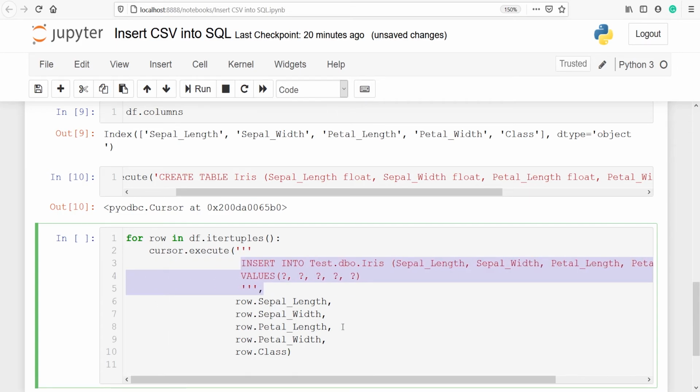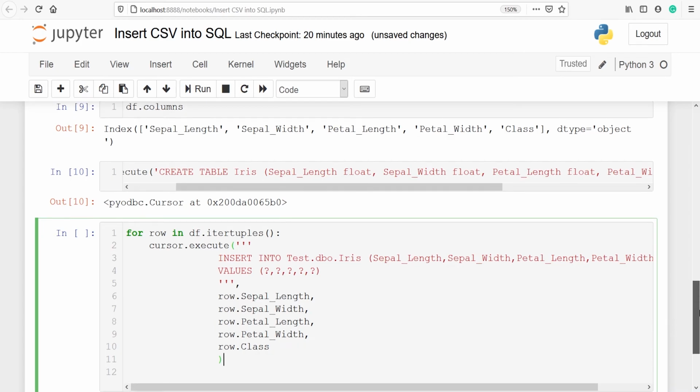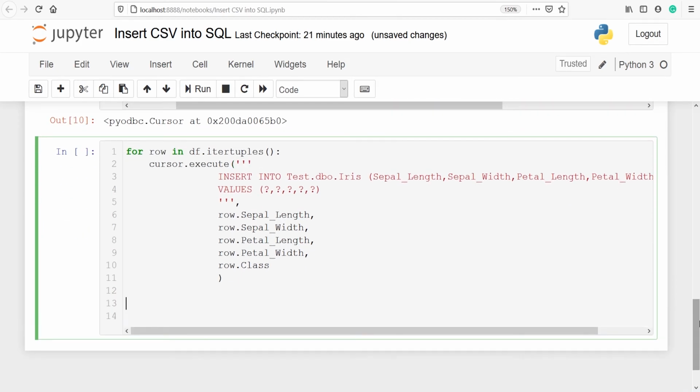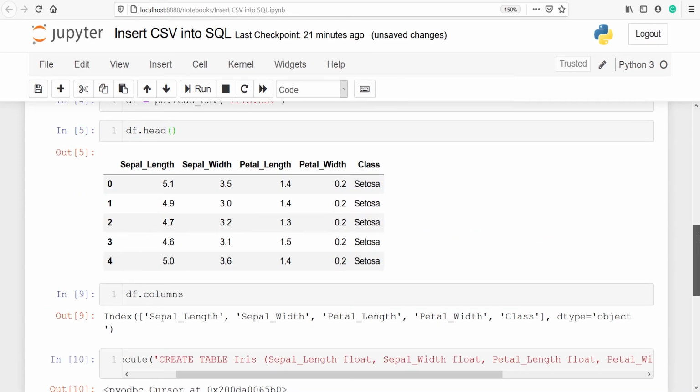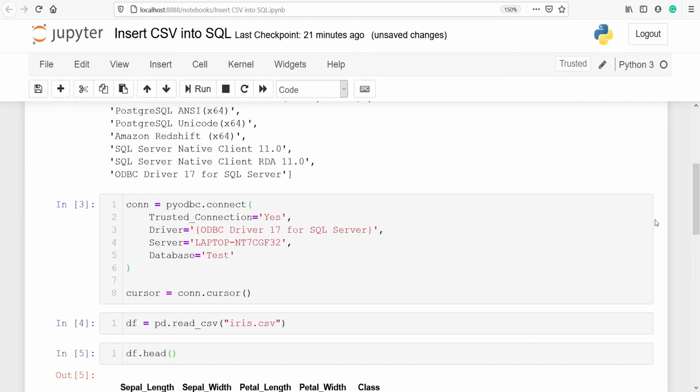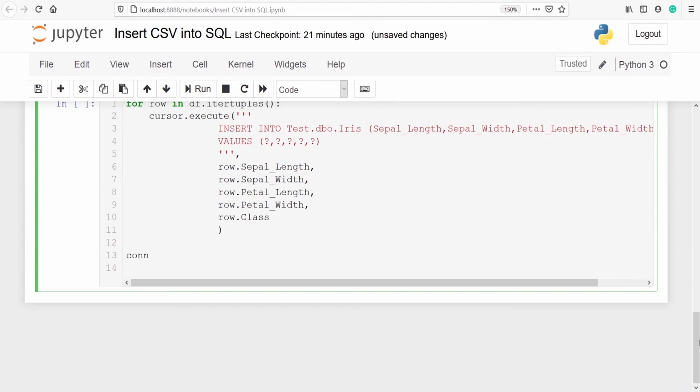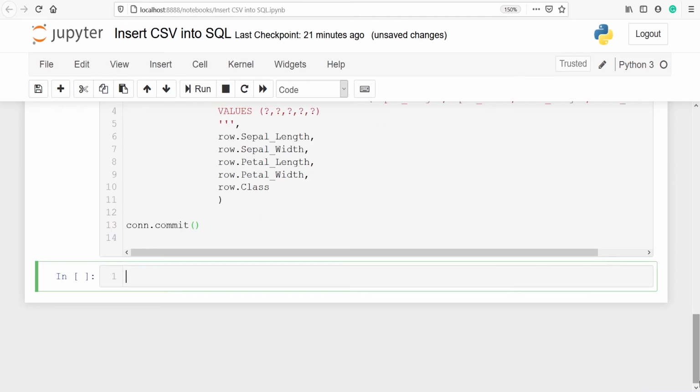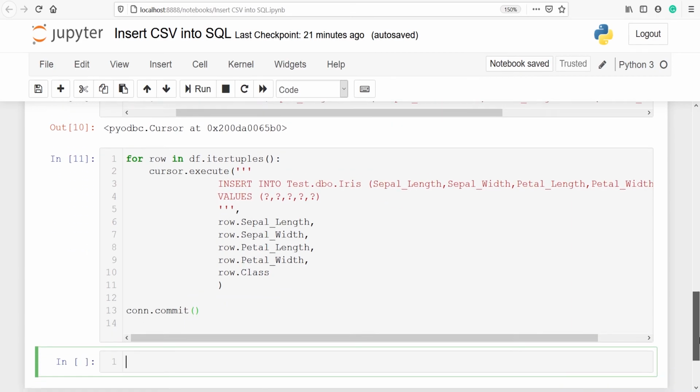Then we have to commit this, so we will write connection dot, we have defined the connection above, you can see here connection, so we will write connection dot commit. Let's execute our code. So we have successfully inserted our CSV file into the table iris.